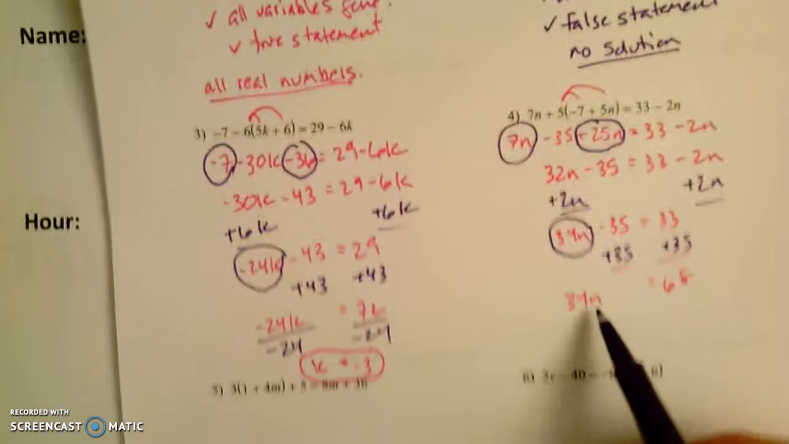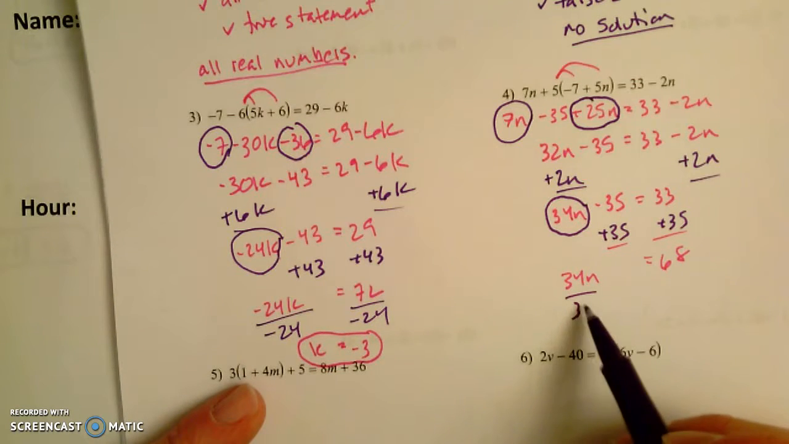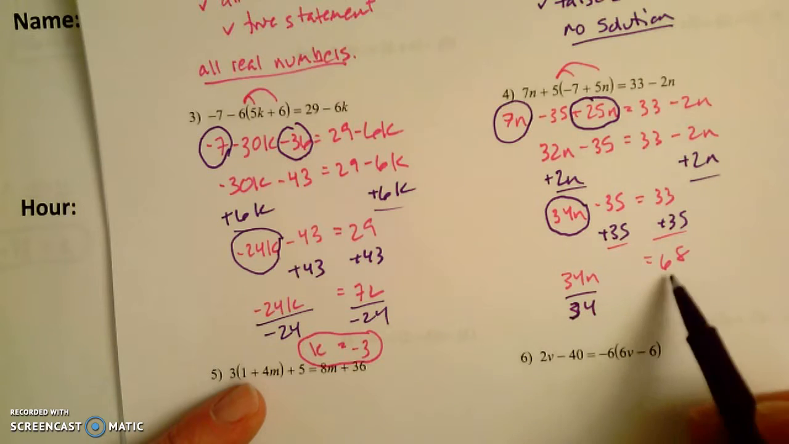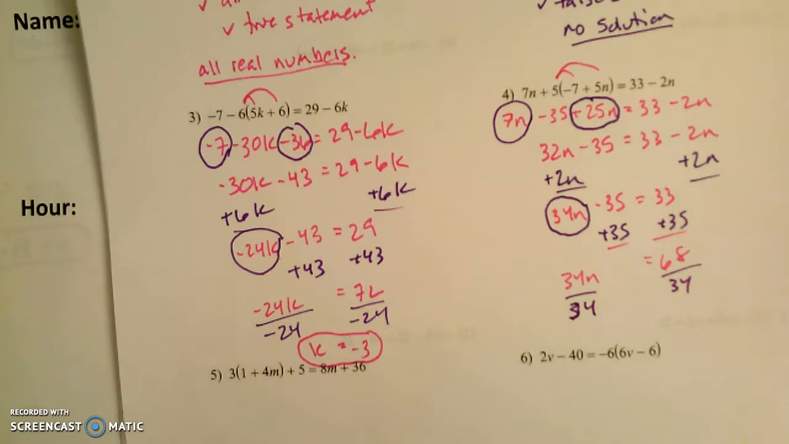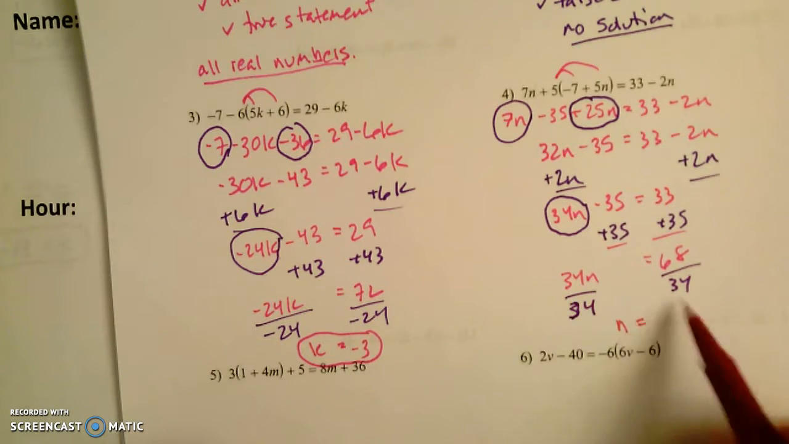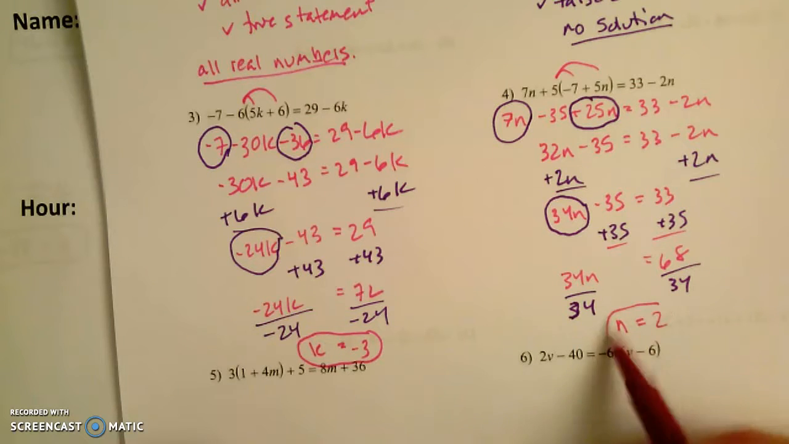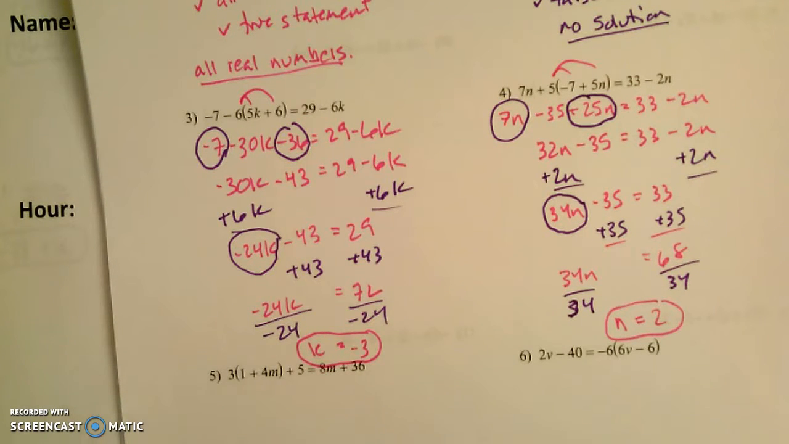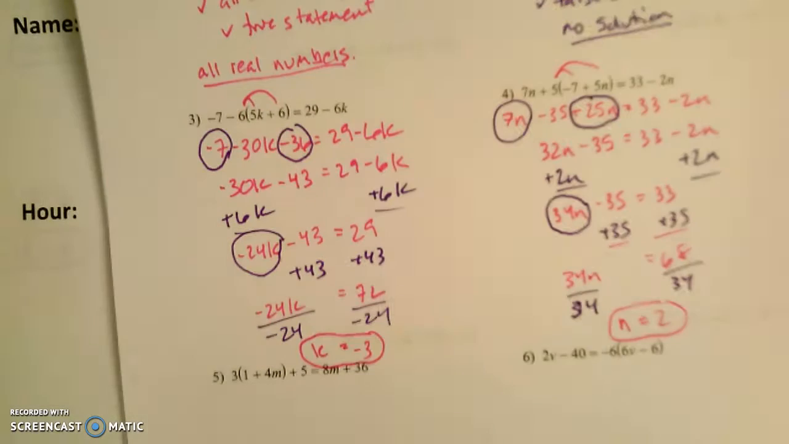Now that we have the term with the n by itself, we're going to divide by the coefficient of 34 on both sides, and we end up with n equals 68 divided by 34, which is 2. Another case of a single answer. This means that only that number could be substituted for the n in the original equation to get a true statement. Make sure that you check all of your work, show your work, check your answers before you turn it in,